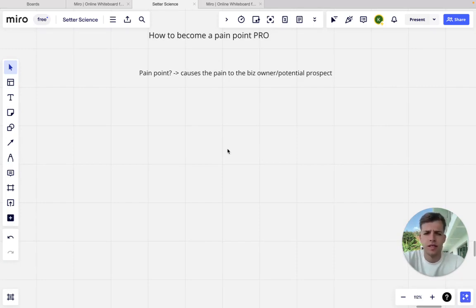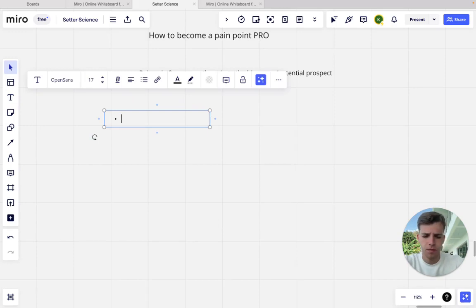And the reason this is important is because in the sales industry, we are, of course, known as professional problem solvers. Whether you're looking for your first client or you're still looking for your first commission working for some client, it's extremely important to find a pain point that you could potentially solve for them. So let me give you one quick example right here of a pain point.